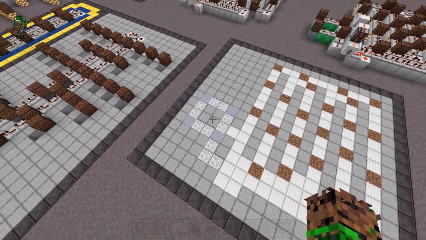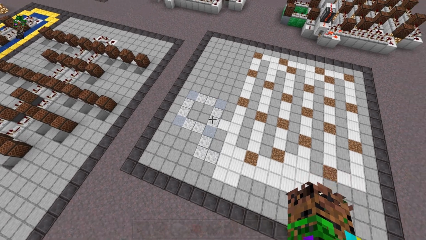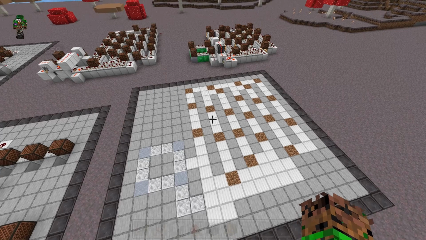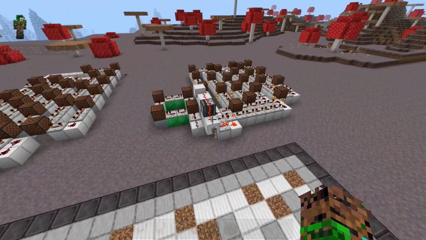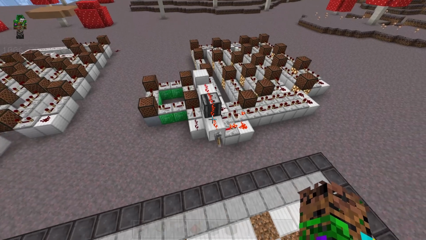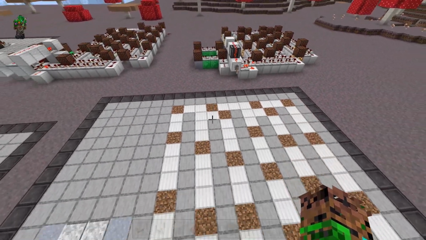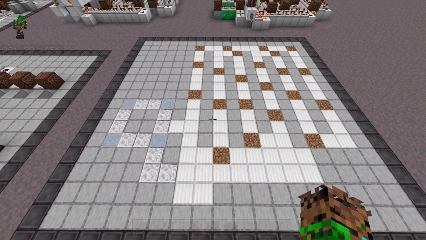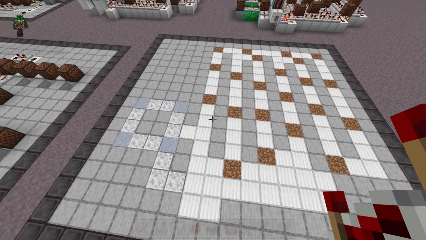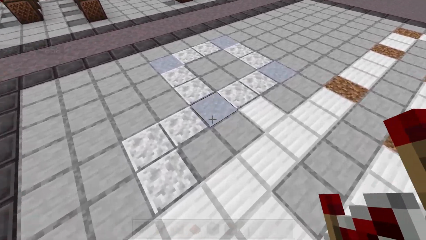But for the build tutorial, we're going to start off with the simple version that just plays the 4 background notes, and then work our way up to the full design. Now, because this uses a lever or a static on and off, normally I would have optional sections for the repeating and stuff like that, but this is all kind of tied together since both sections need to be timed together. And rather than trying to copy the build area, I would recommend just following along and placing the repeaters